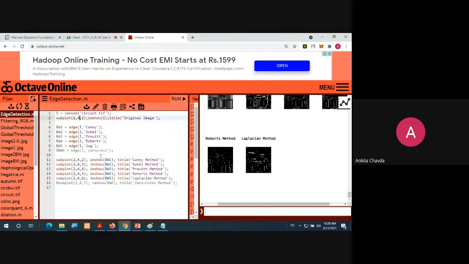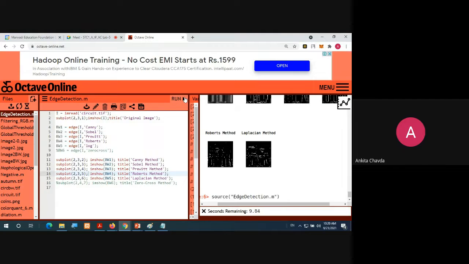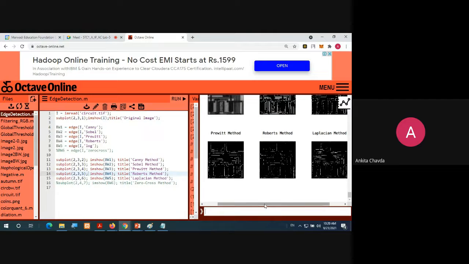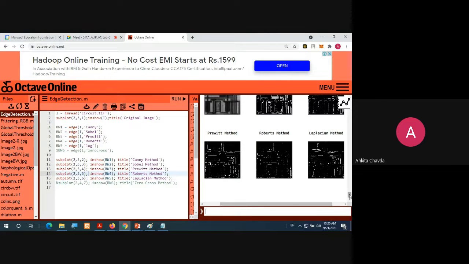So instead of this, I take 2 cross 3, 2 cross 3. So you can check the output.